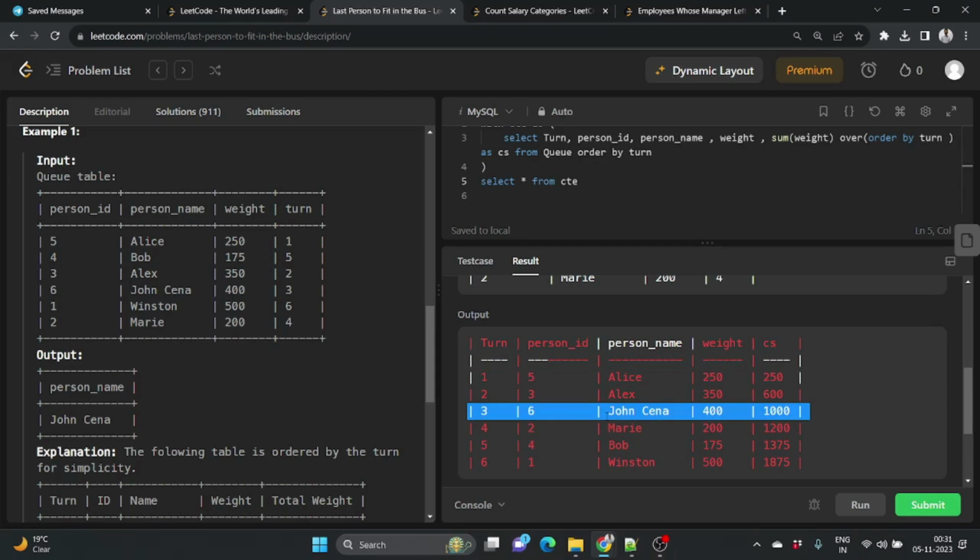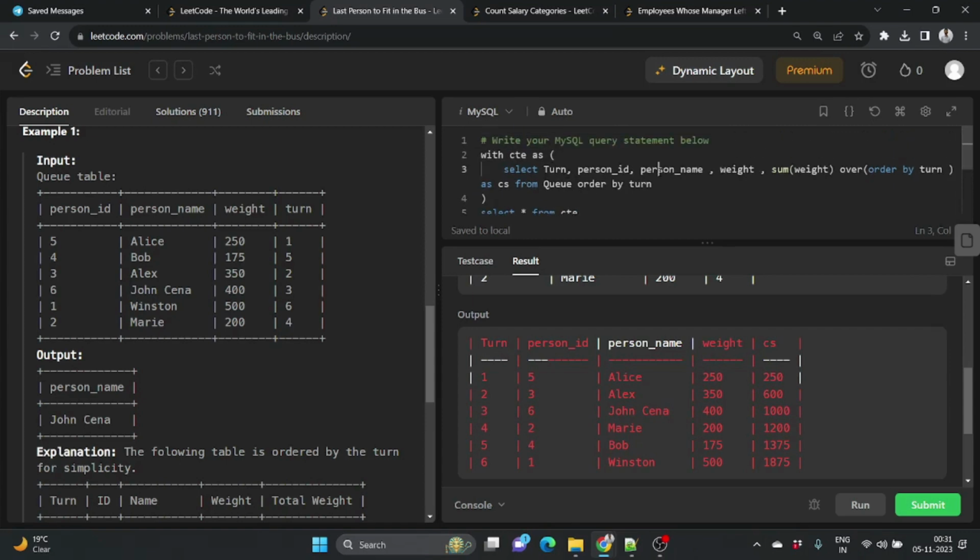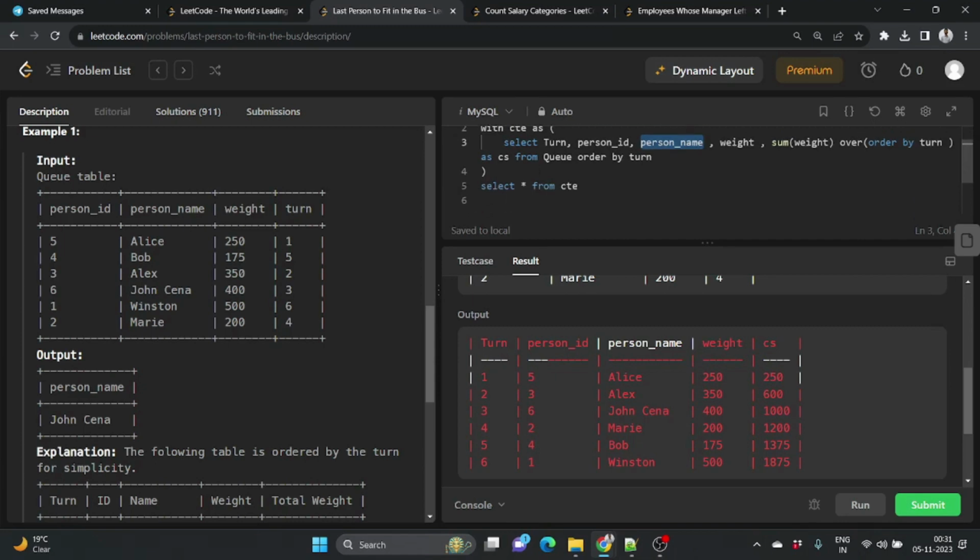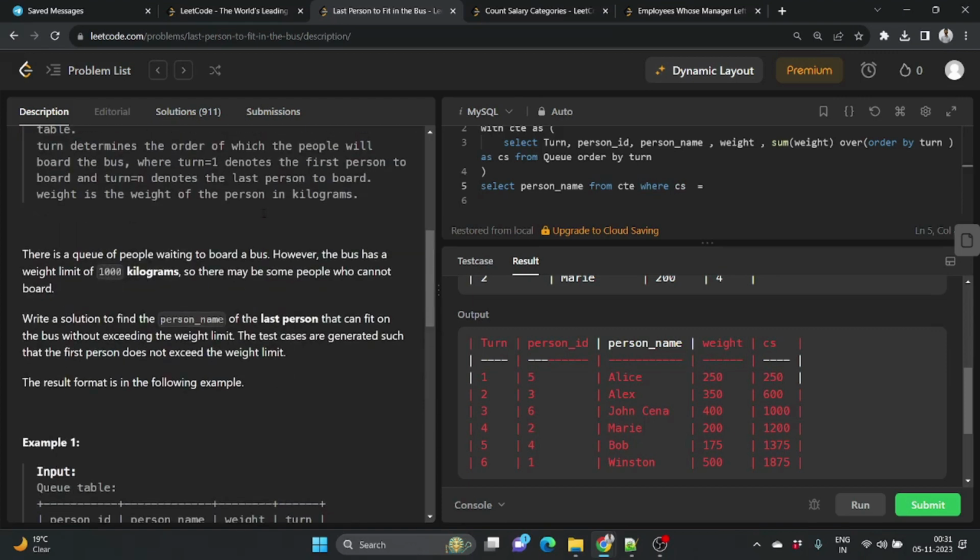having weight less than or equal to 1000. In order to return the name, what we'll do is write where CS is less than or equal to